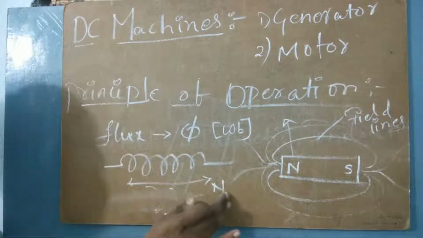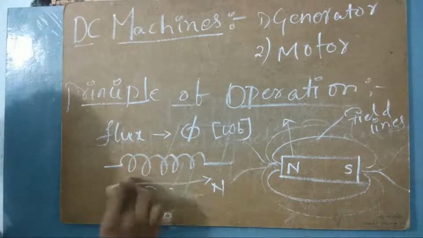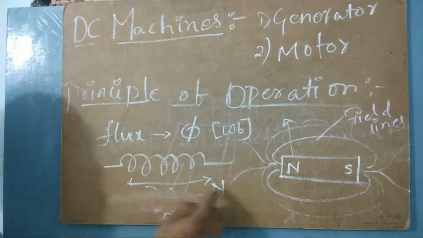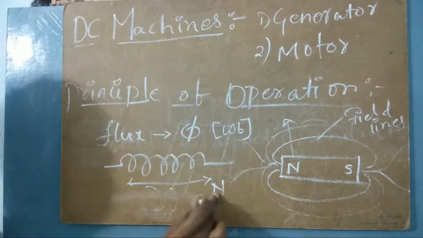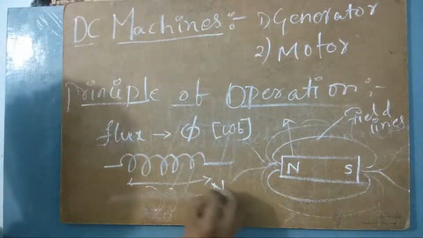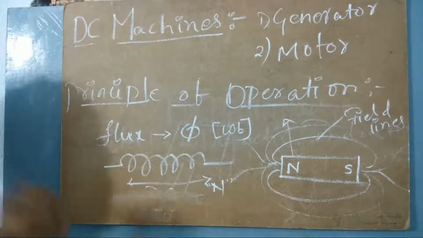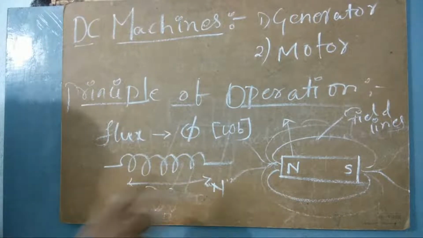N will always be constant, because once the wire is turned or twined, it is constant. We cannot change it after the construction. So it has some N turns. The number of turns here is given by N. So what is the flux linkage?